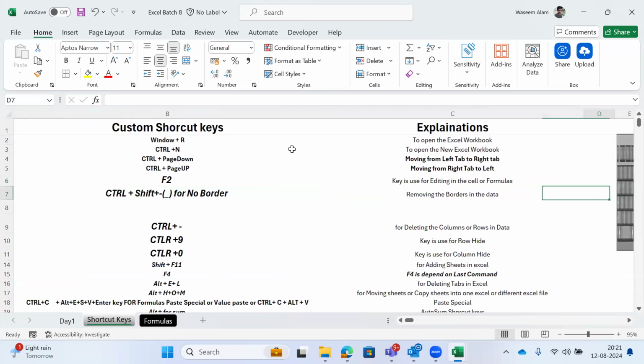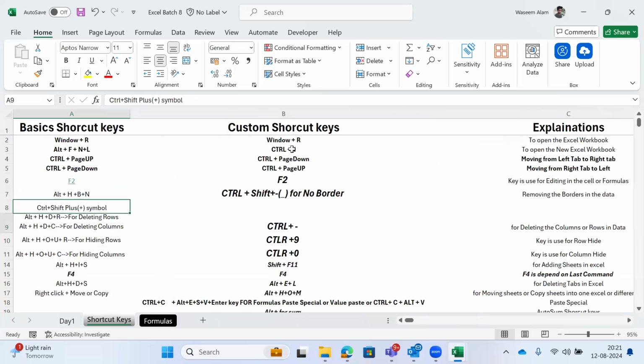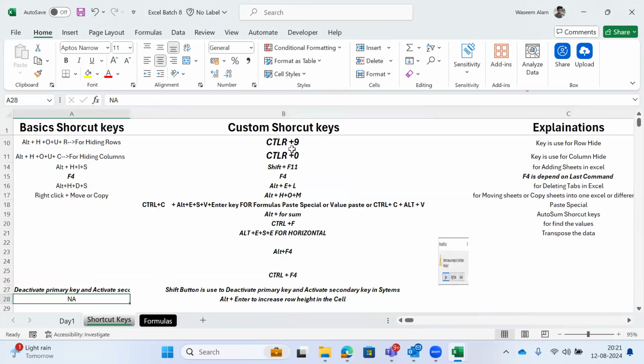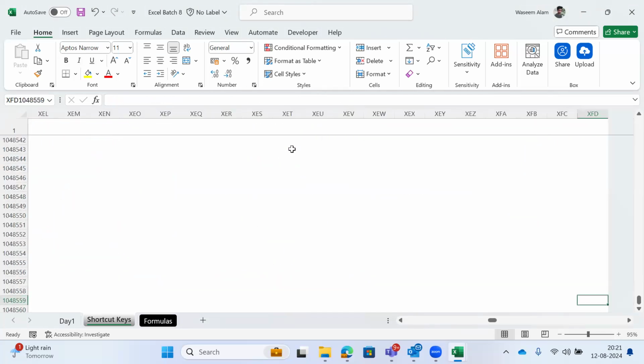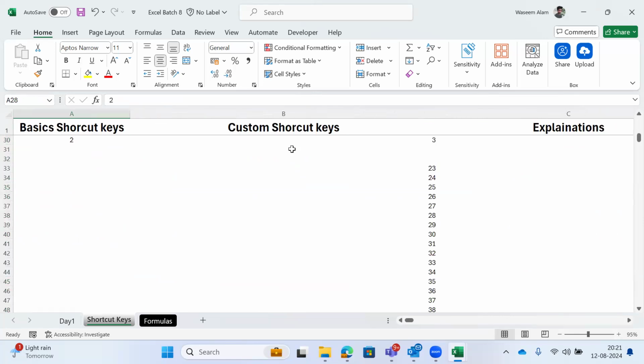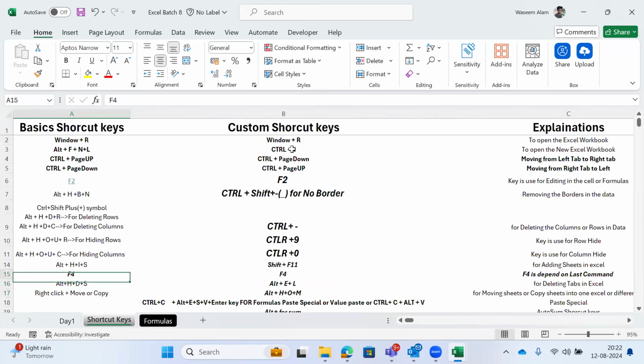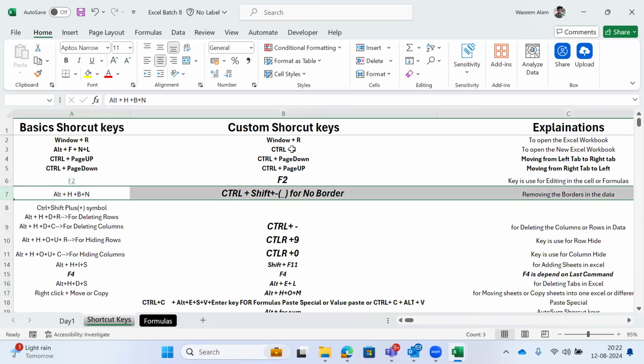Now the next thing is borders. First, let me tell you one shortcut key I'm missing here. Let me delete some data from here. I'll show how to create borders, then how to remove borders. So one shortcut key is